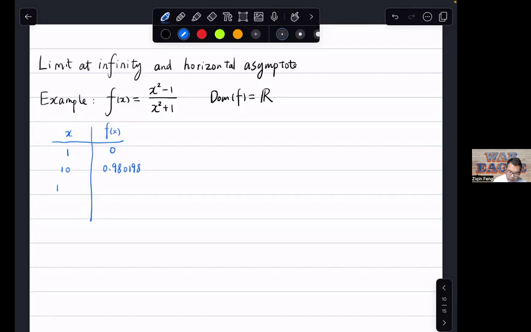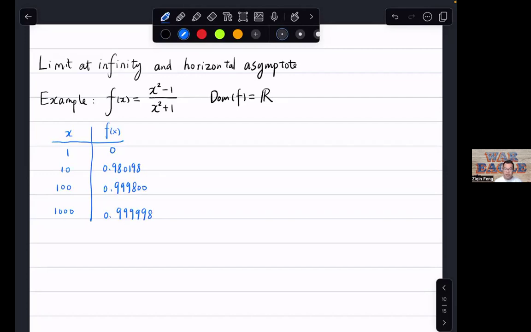Plug in 100, you get 0.999800. If you plug in 1000, you get 0.99998. You can see that as x gets larger and larger,